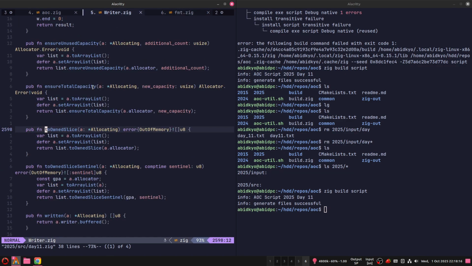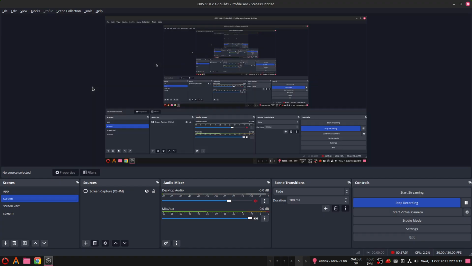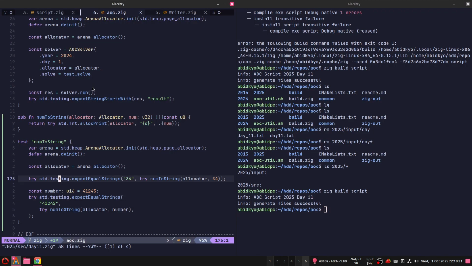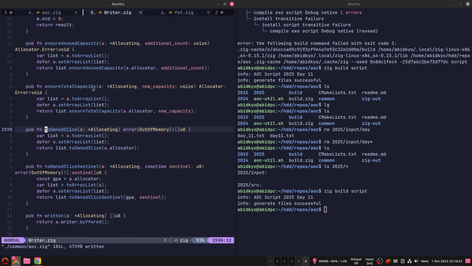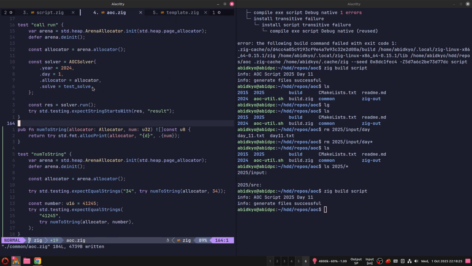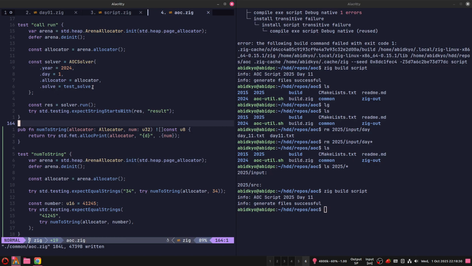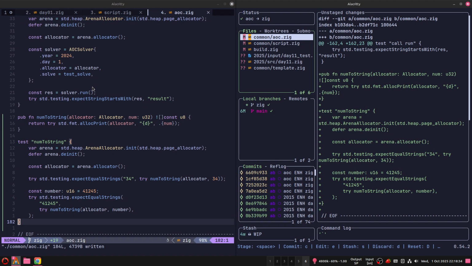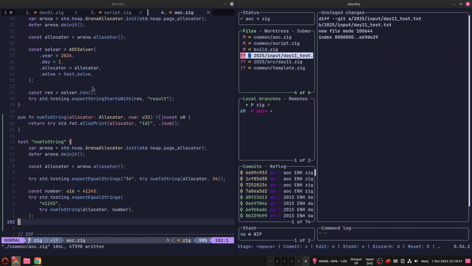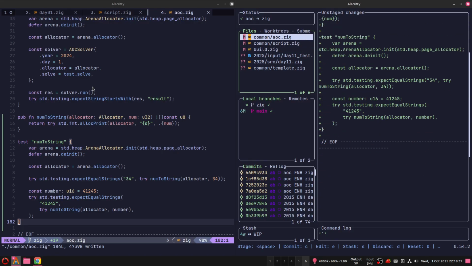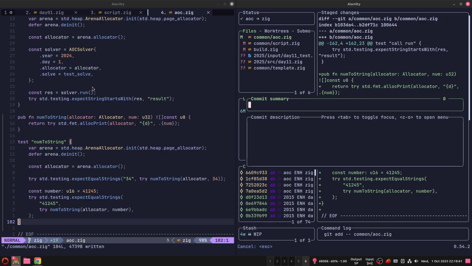Okay. It's already 40 minutes. I think we can speed run the other thing now. So we have, like, let's commit this function first. AOC inherits it, num to string function,